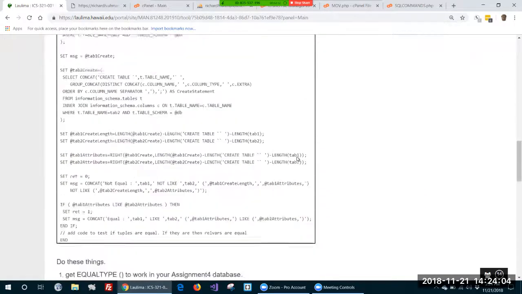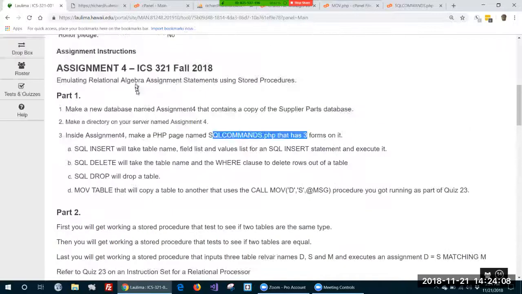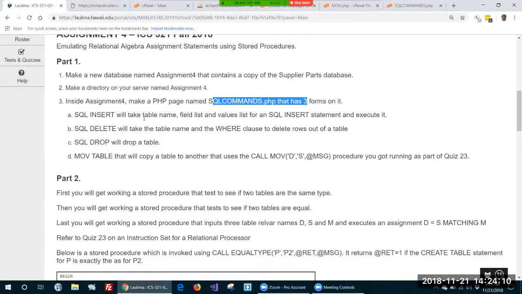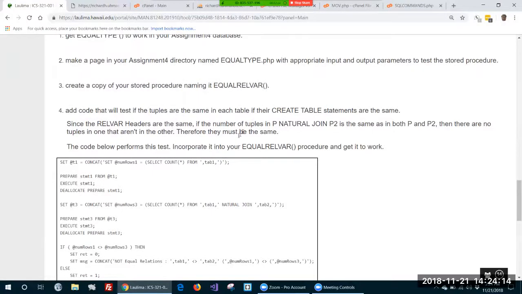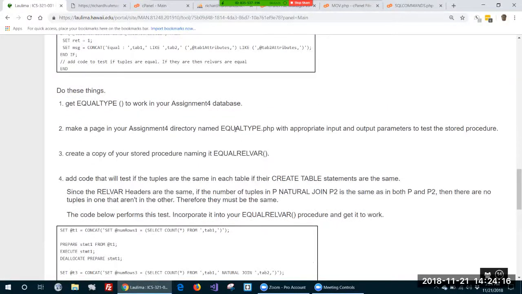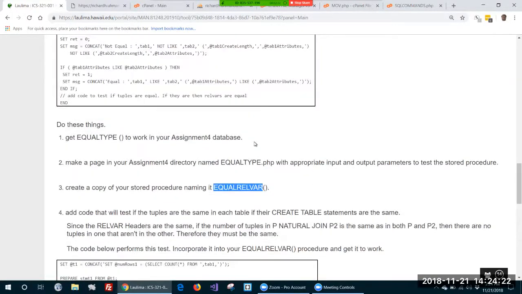So you just have to do that too. You don't have to put separate pages. In fact, it's easier. And that was my intention too, and I don't know what happened. I wasn't remembering or something. Okay, so I've done equal type. Now I'm going to do equal rel var. Equal rel var is just like equal type, except for once we figure out that they're equal,